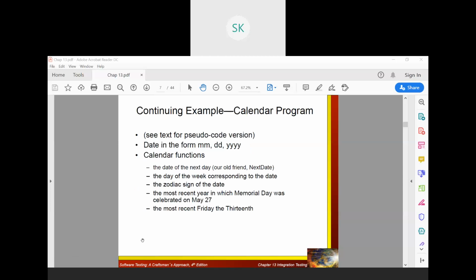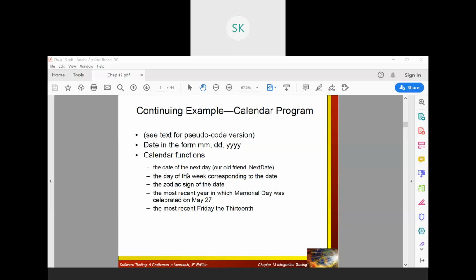Whatever you assume, depending on that. We continue with respect to our example. One example we will be taking is called a calendar program. So one calendar program we are developing. What is the thing that we are doing? We will just be accepting a date in the form of mm, dd followed by yy.